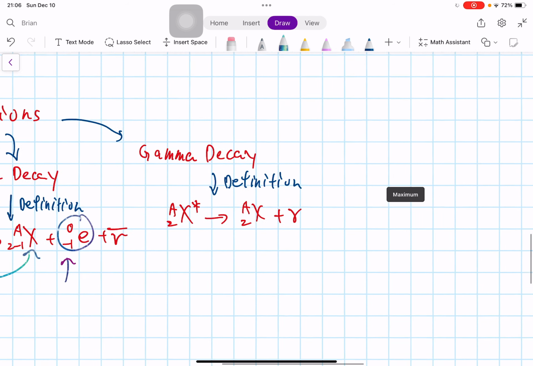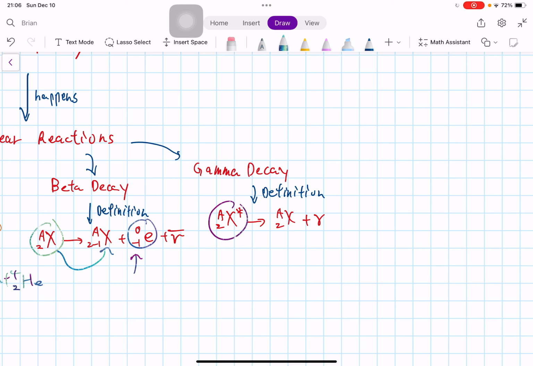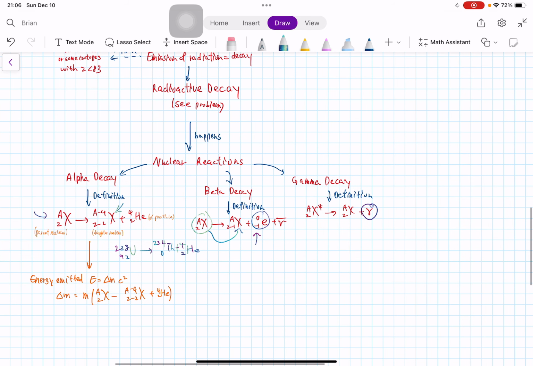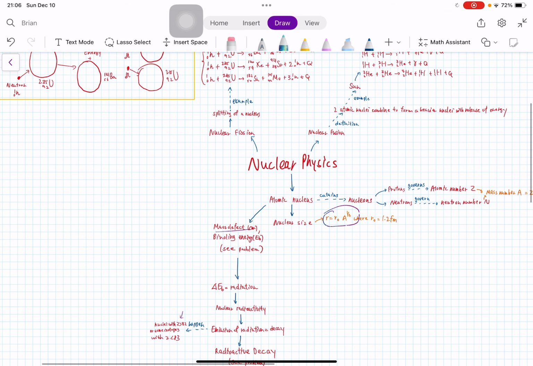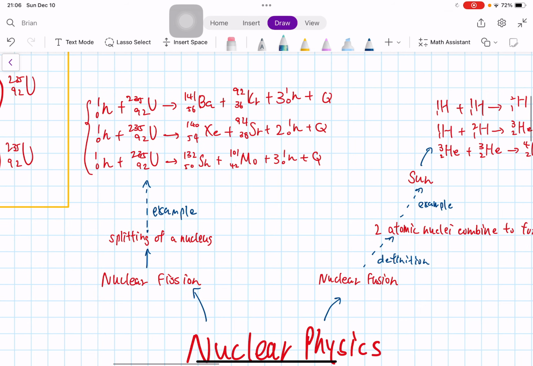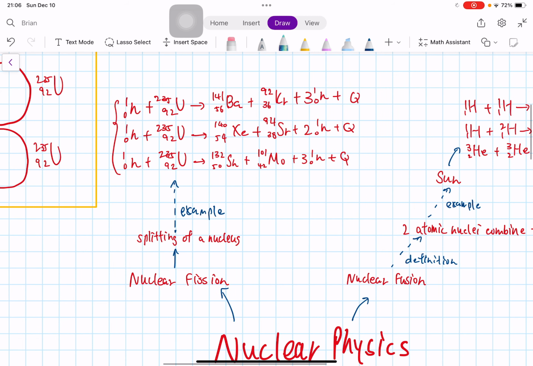For gamma decay, we're saying that this atom and this atom are the same. So what happens here is that it just releases some gamma radiation. So the atom does not change, but it emits gamma radiation. All these nuclear reactions are actually an introduction to nuclear fission and nuclear fusion, which is the core part